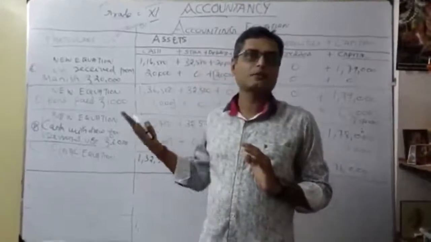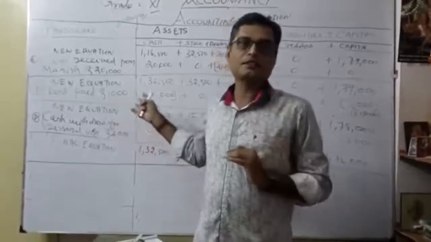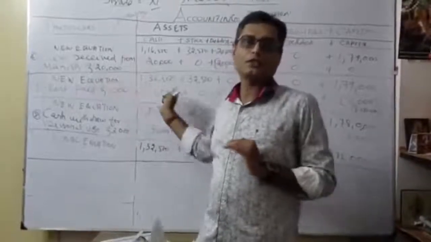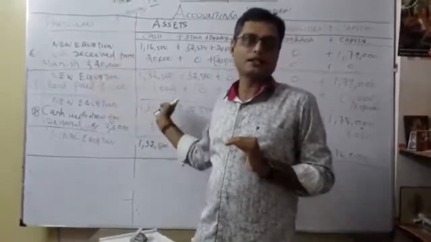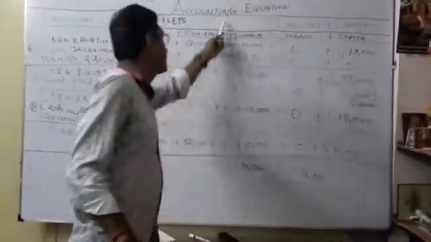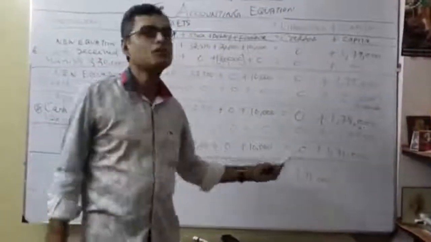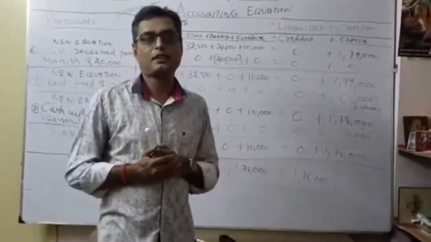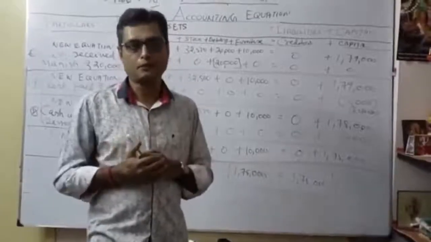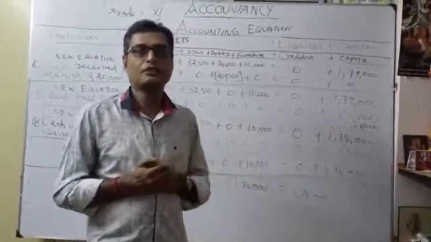What we discussed in chapter 1 and chapter 2 was accounting theory, based on different concepts. This comes under which concept? The dual aspect concept, correct? Both sides should be equal. In the accounting equation, there is no balance, it should always be equal. So this side and this side are equal. That's why 1,75,000 is my assets total, and my liabilities plus capital is also 1,75,000. If it is wrong, our sum has a problem. It is not correct, so both sides have different figures and somewhere we made a mistake. So we should be very careful. Definitely you will be able to follow the procedure as I have written it. Thank you very much.